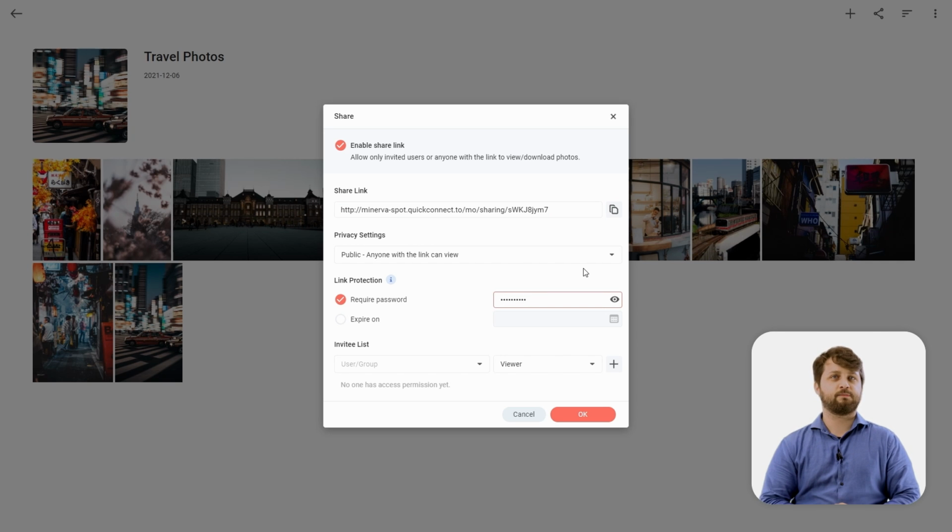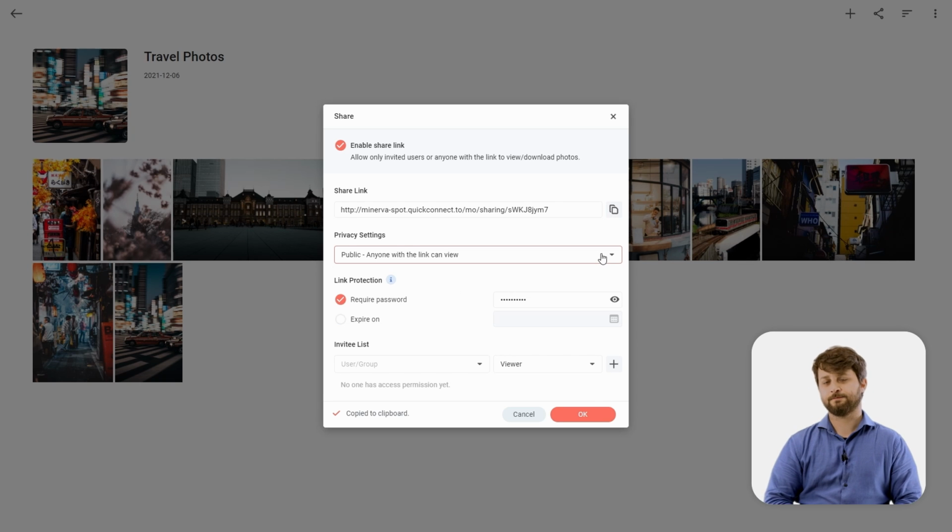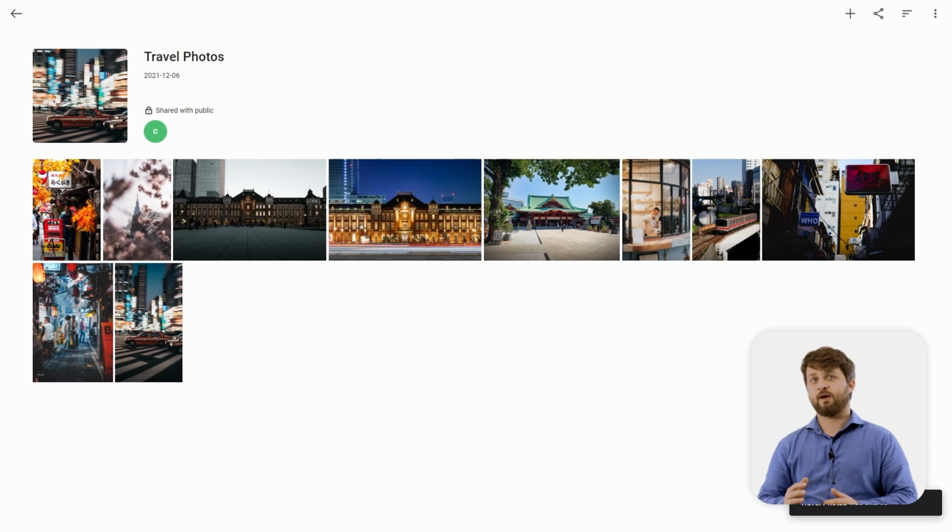And we're going to keep this public, but you can change some of the settings if you wanted to for the privacy settings if you want. We're going to leave everything default on this share. We're going to hit OK here and show you what it looks like whenever you do indeed share this link and what it would look like for the user who has that link. So we're going to hop over to a new window here.